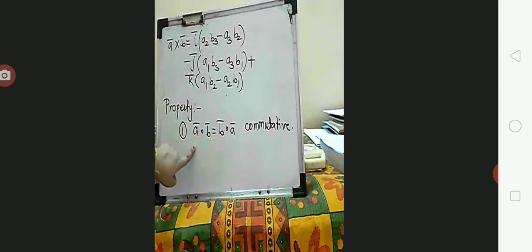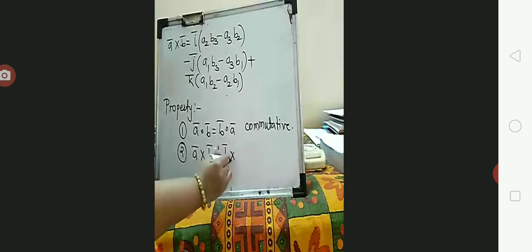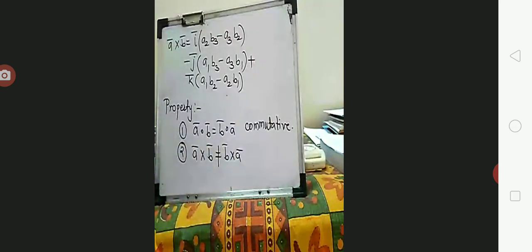In case of this scalar dot product, order does not matter. But if you take A bar cross B bar, it is not equal to B bar cross A bar. Why? Just do it mathematically. In a determinant, if you interchange the two rows, the minus sign comes out. That is the property. Or you can see we are using clockwise and anti-clockwise orientation, and because of that you get a negative sign. Therefore A bar cross B bar is minus of B bar cross A bar, correct?